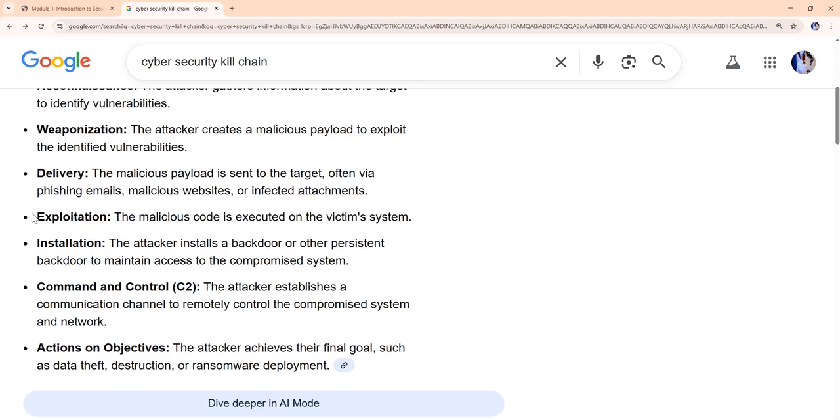Then the fourth will be the exploitation, to exploit the system that the weapon has been delivered on. So the malicious code is executed on the victim system. Then installation. After it is exploited, it is now being installed. The attacker installs a backdoor for himself, or another persistent door, to maintain access even when he has been put